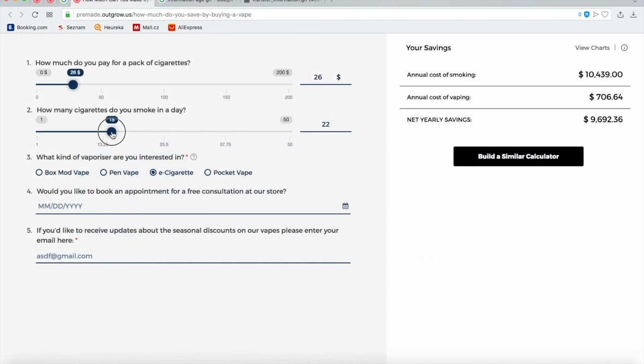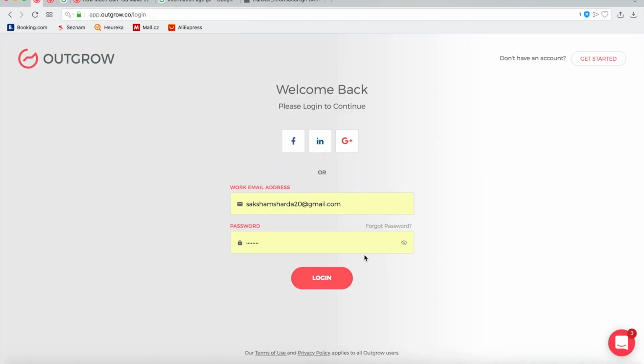So that's the basic layout of the calculator, and you can have a call to action link here. I've put build a similar calculator because our company allows you to build calculators, but what you could put here is something like shop now, and then it directly redirects the user from here to your eShop. And so that's how they can end up buying it directly after they've used your calculator that's on your website. So if you want to make this calculator,